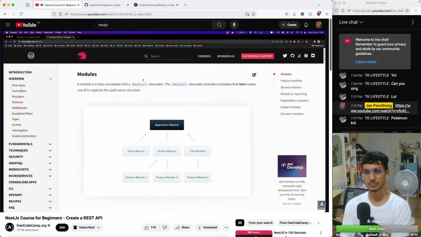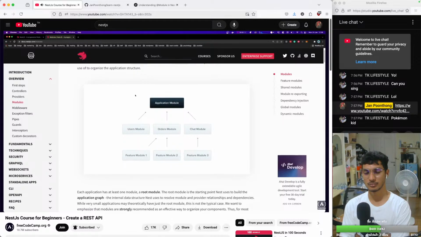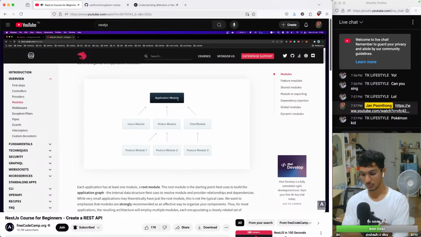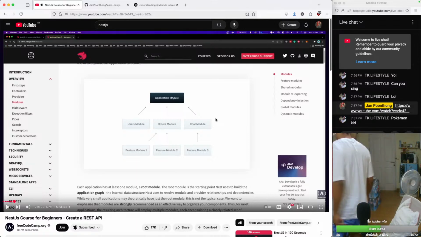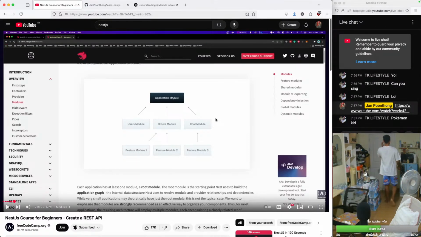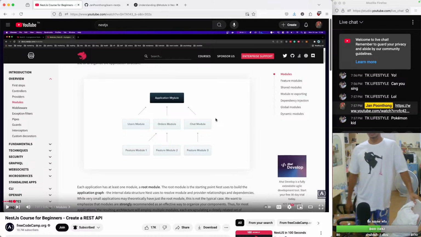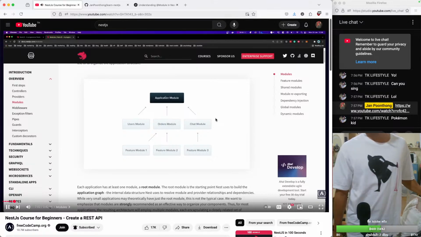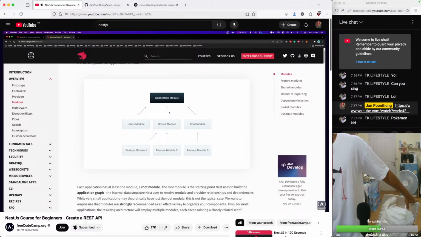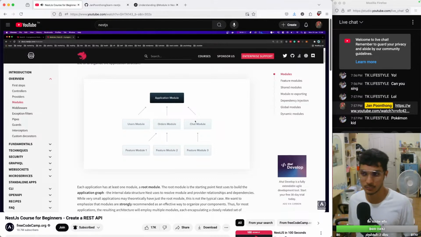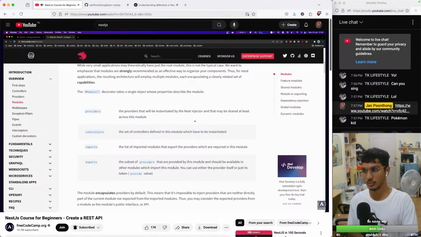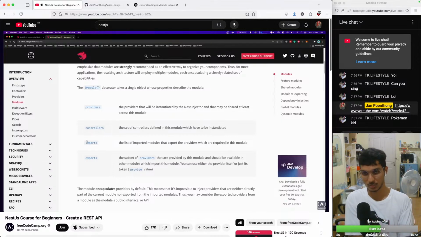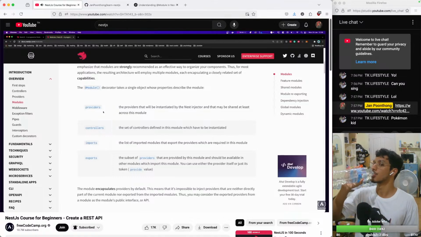So if we go back to the modules documentation, we see that a module can import other modules, and it is the case for the application module, so the main module. The root module, it can, for instance, import user module, orders module, chat module, any module that you want, and every module can itself import also controllers and providers. We are going to talk about those a bit later, but for now know that a module can import other